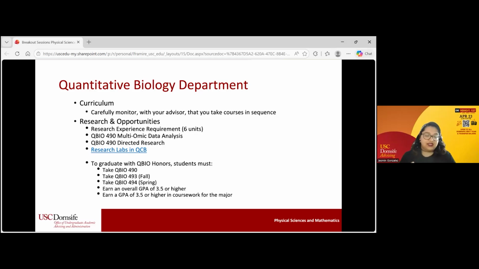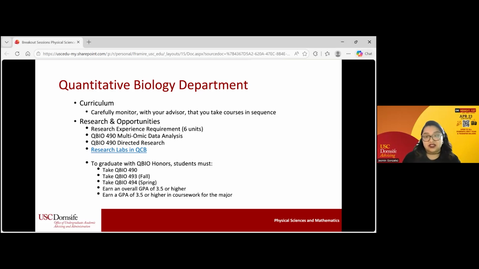If you take part in the QBio honors, which would be QBio 493 and 494, that does require an application, as well as maintaining those GPAs. If you wanted to take the regular research, which would be under a PI or a faculty advisor, that works as well. You would just have to submit a proposal to the Director of Undergraduate Studies, which is Dr. Peter Calabresi, and then have it approved.